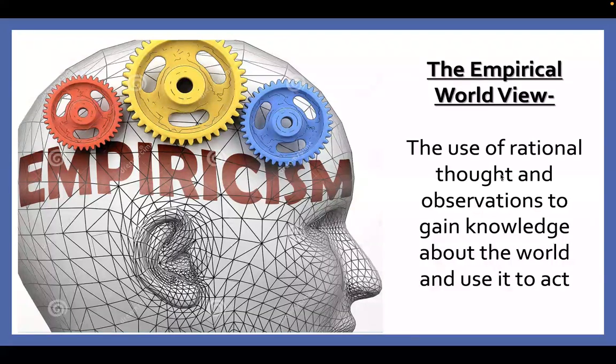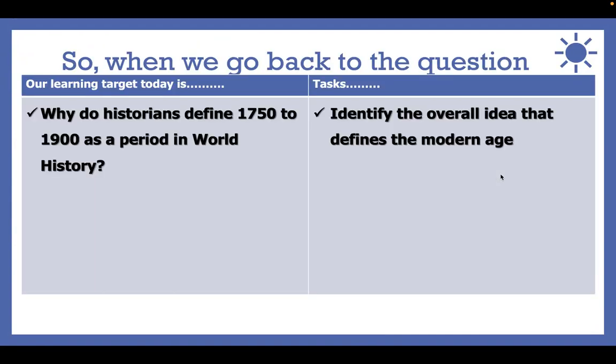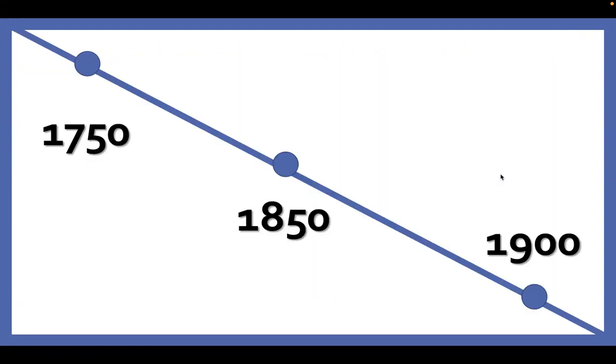There's a scientific explanation. So these two things together, the idea of the modern and the idea of the empirical worldview, are the main ideas that we're working with and the main defining characteristics of the 1750 to 1900 time period. Now we've got to go through some dates. When we look at dates during this time period, there are three main dates that you need to know.